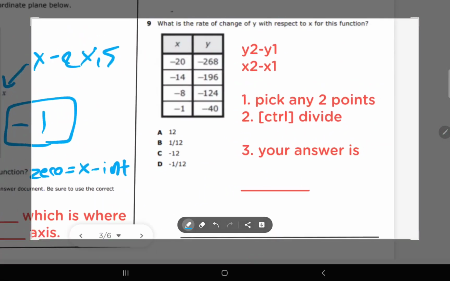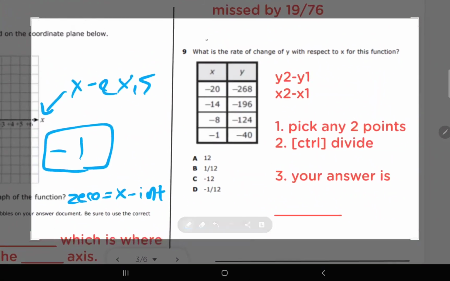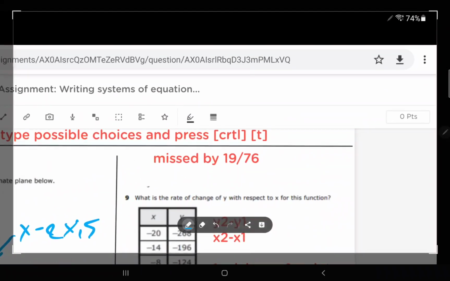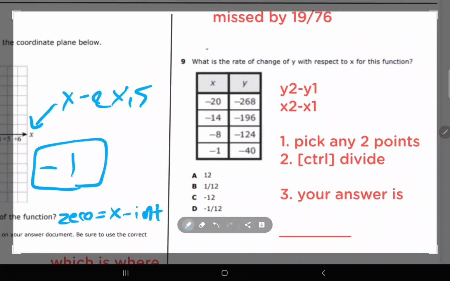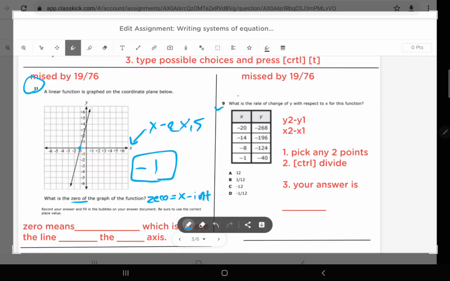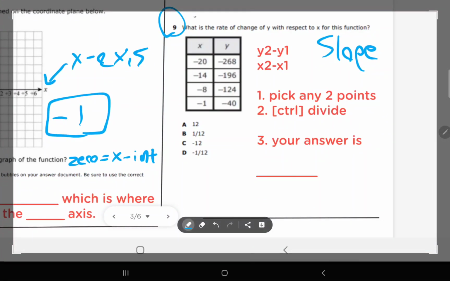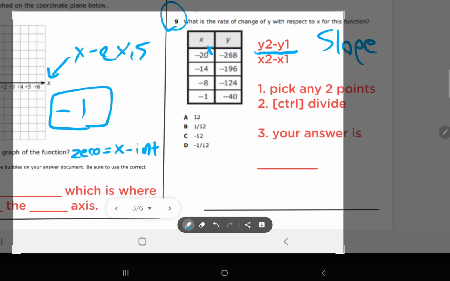Now finally, I'm going to let you guys actually solve this one, but I'll show you how to set it up because I want to save some time. You guys should definitely know how to do this one. There's no excuse not to. Number 9 is asking, what is the rate of change, meaning what is the slope of the table? Like it says right here, you're going to have to use y2 minus y1 over x2 minus x1. So all I want you guys to do is label this x1, y1,